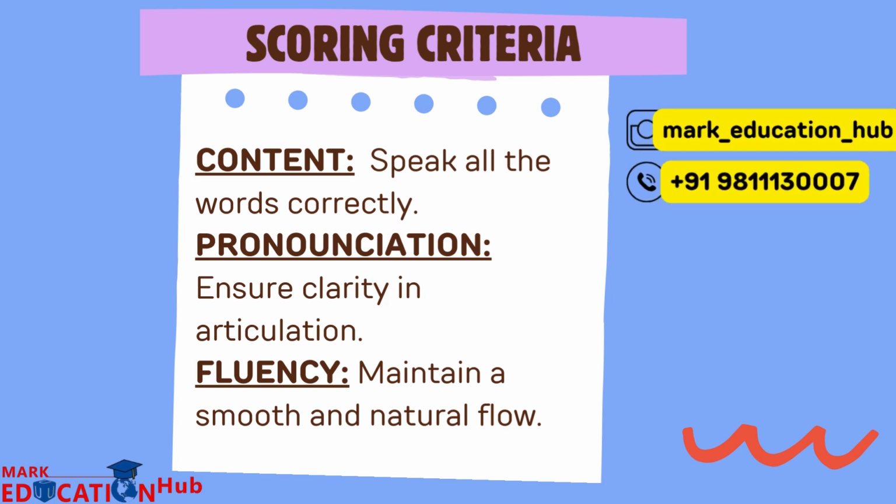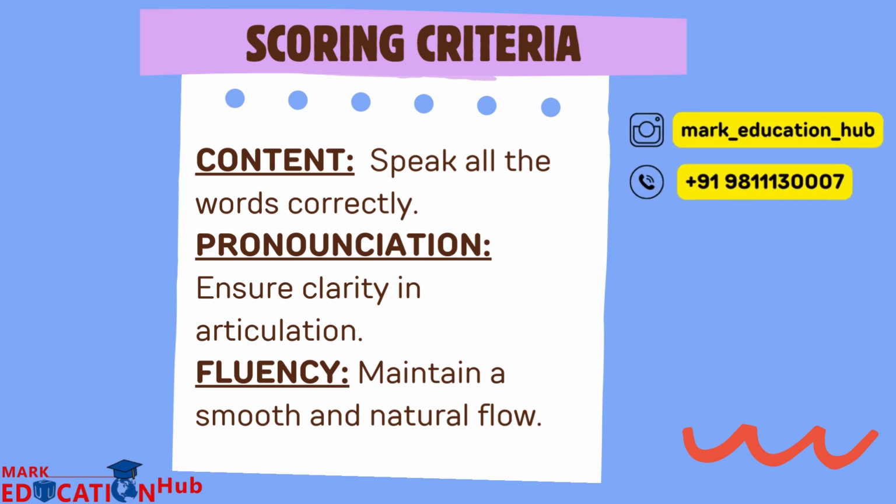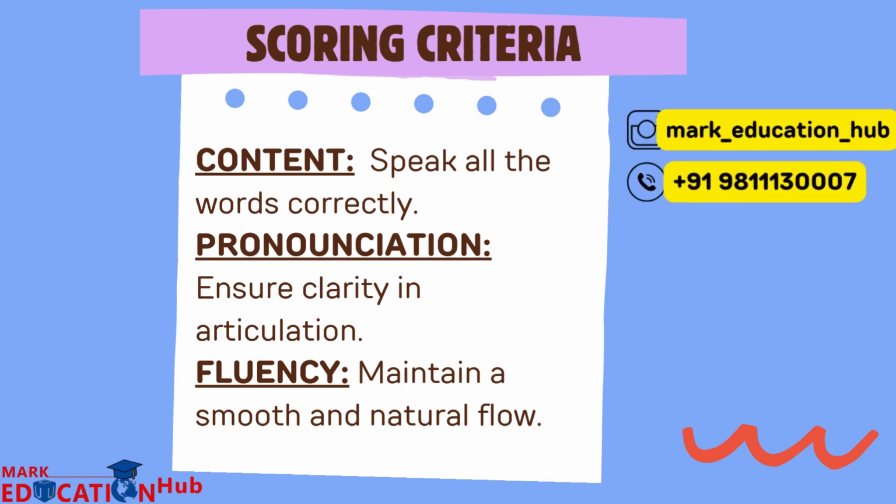Now, what does articulation mean? It is basically the ability to form clear and distinct sounds in your speech. That means whether you are able to pronounce the words clearly and get the tone of that very particular word right. Lastly, talking about fluency, fluency means maintaining a smooth and natural flow. It means that you should be neither too slow nor too fast while speaking. You should maintain a natural flow of your tone. So, these are the three parameters on which you are scored in the PTE Read Aloud section.